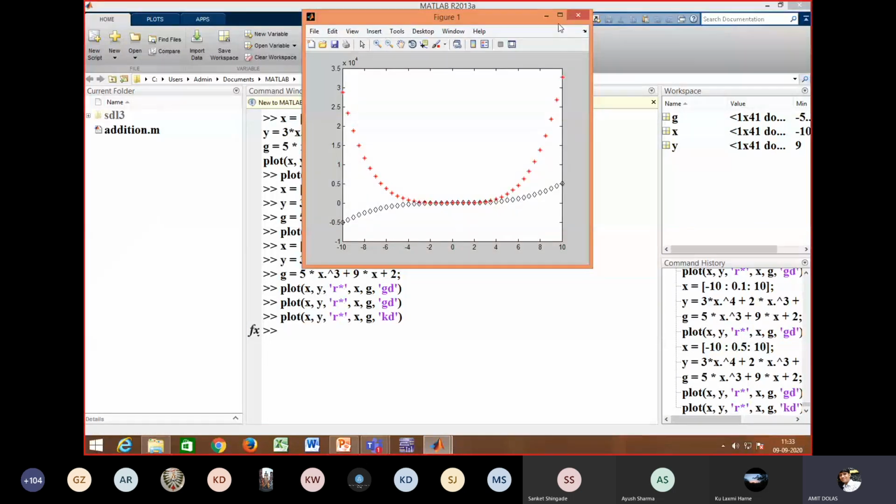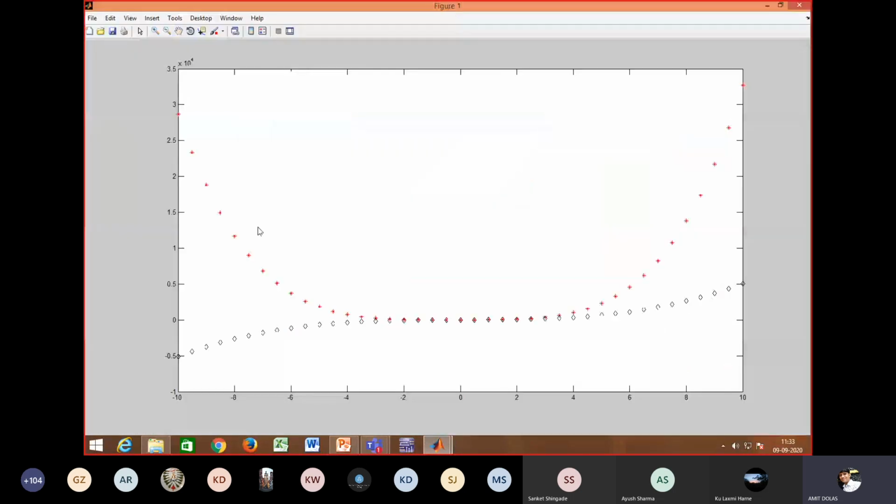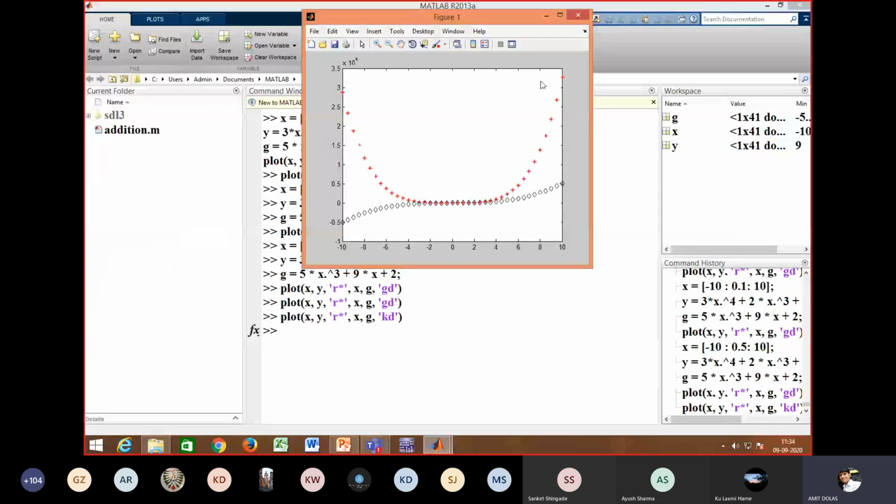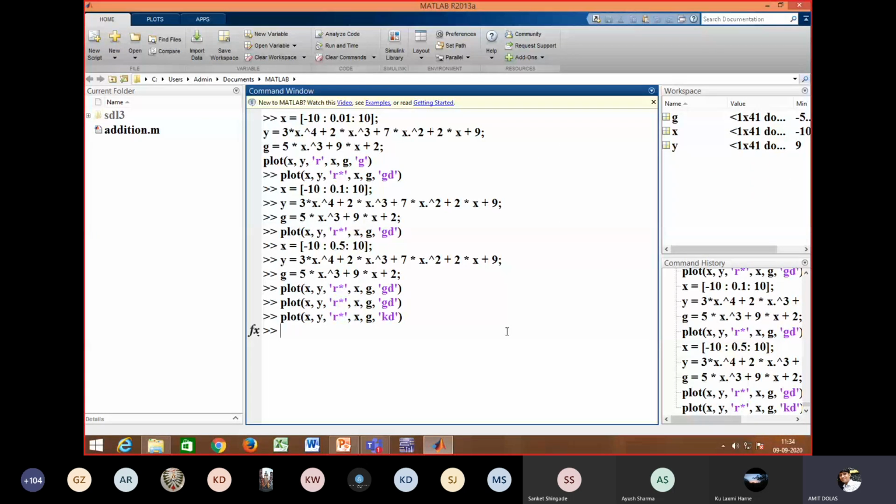You can see signal Y is plotted with star with the interval of 0.5. Signal G is plotted with diamond, black in color, with the interval of 0.5. But now I do not have a line in it. So what to do for the line?